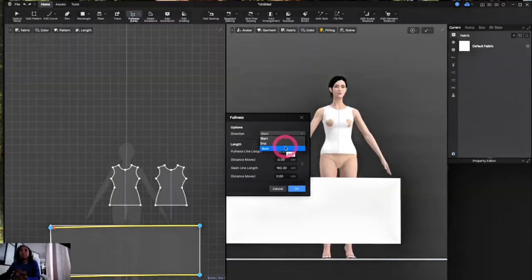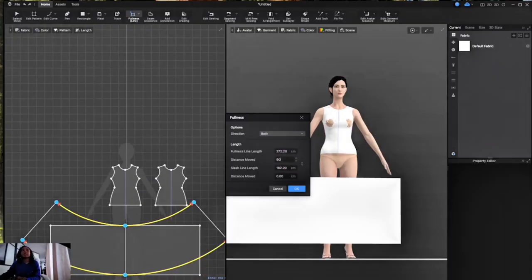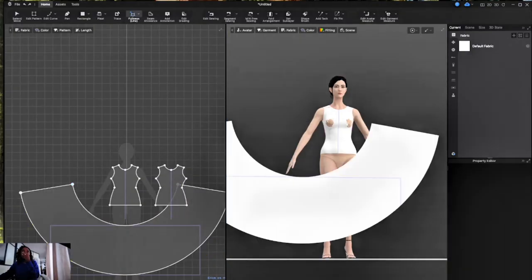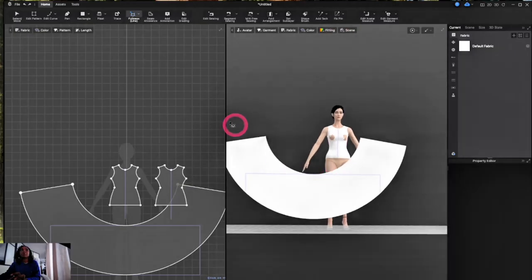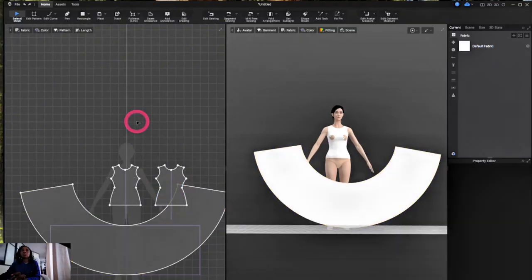But if I say both, then you're going to see both sides like this. You see what I mean? You increase it to, let me say, if I said 90 or 180, you see it increased itself to 180. So let me say I want to sew this to the bottom. We'll do our segment sewing, and hold on,